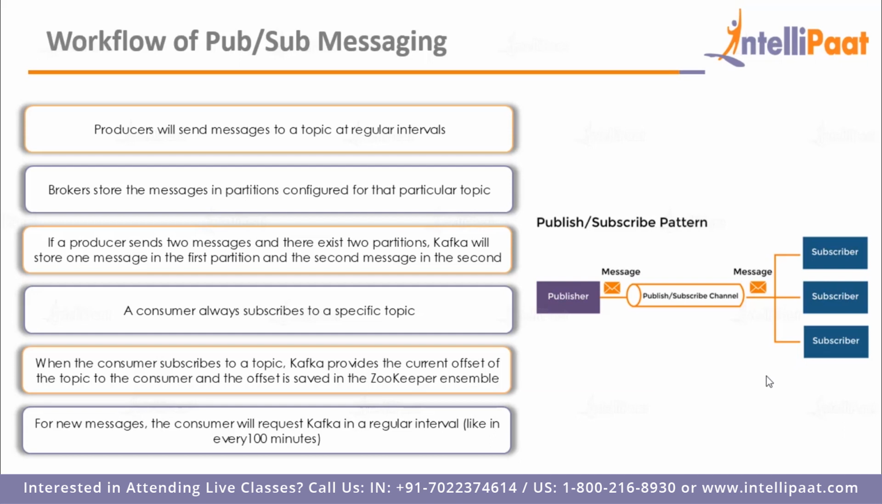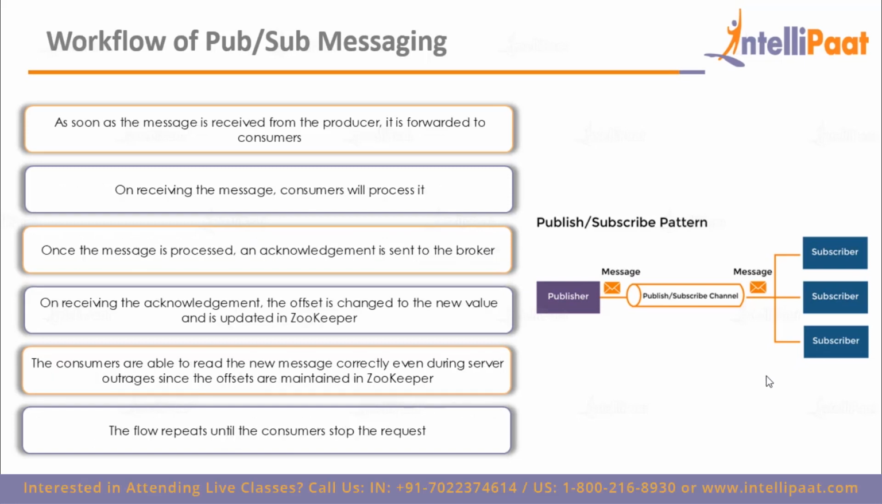Now, going ahead, the consumer has to read the third message which would be present in the third partition. The consumer would know this by looking at the offset of the currently consumed message. And for new messages, the consumer will request Kafka at regular intervals. As soon as the message is received from the producer, it is forwarded to the consumers. On receiving the message, the consumer will process it. And once the message is processed, an acknowledgement is sent from the consumer to the broker. Once the broker cluster receives the acknowledgement, the offset is changed to a new value and it is updated